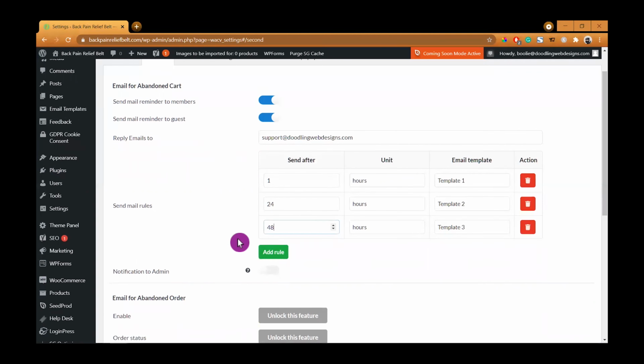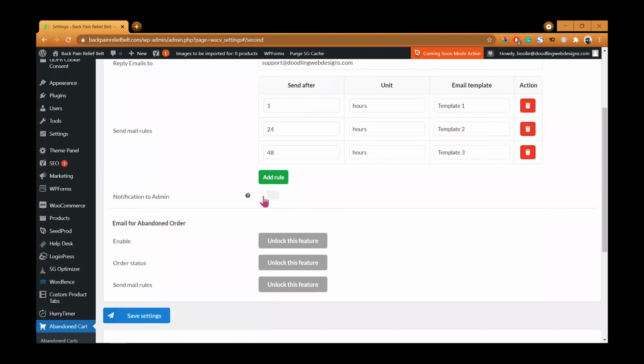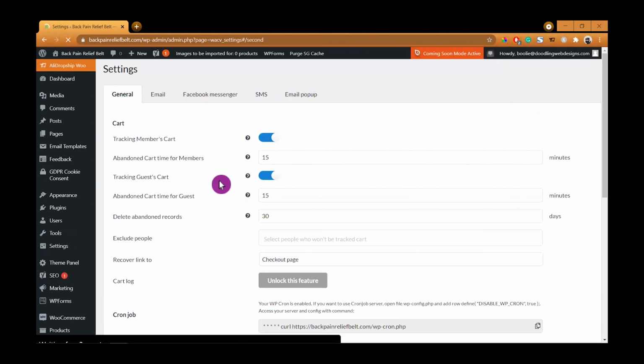Over here we will set different hours, like 1 day, 2 days, and 48 hours. Notification to admin here, we don't really need to enable that, and then click save settings. Once everything looks good,